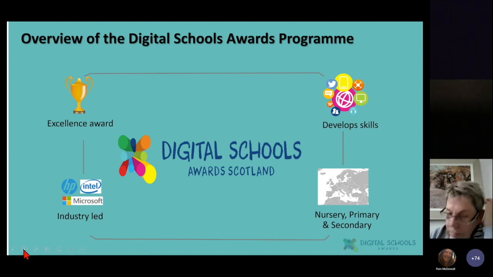So I'd also stress here that as soon as you register, you will get immediate support from the Digital Schools Award for Scotland. So they recognise that you have registered either as part of your school or your nursery setting, and then that is when they will be able to offer some advice or guidance with regards to how you're going to start that self-evaluation process. And again, in Education Scotland, we then get to know who has joined, who has registered, and where that support is actually required and targeted. And then we, in turn, share that with the local authorities. So again, it's really, really important to focus on this as a self-evaluation tool.